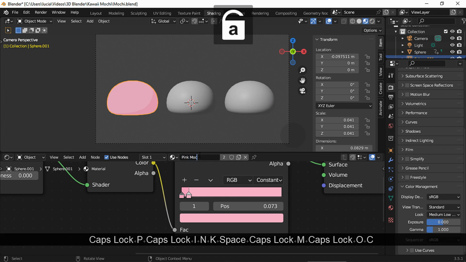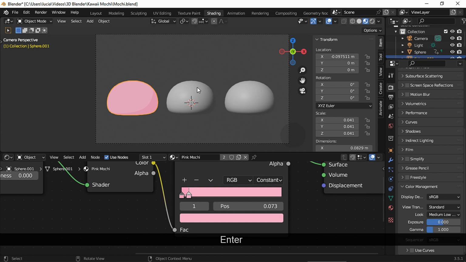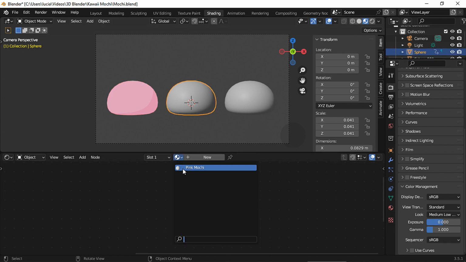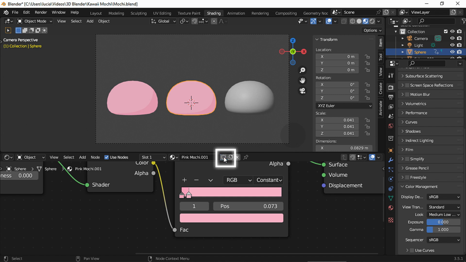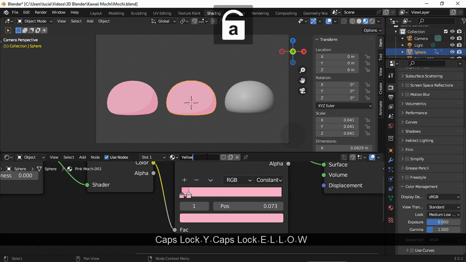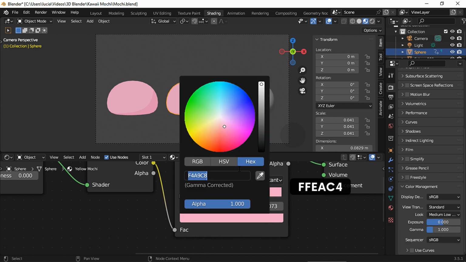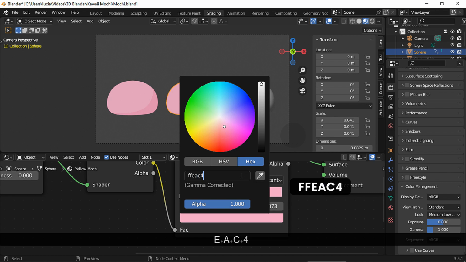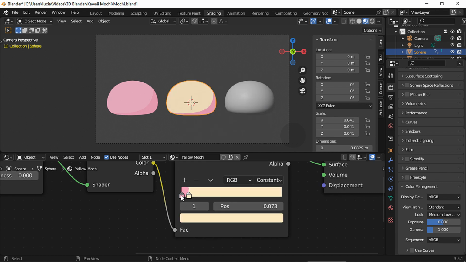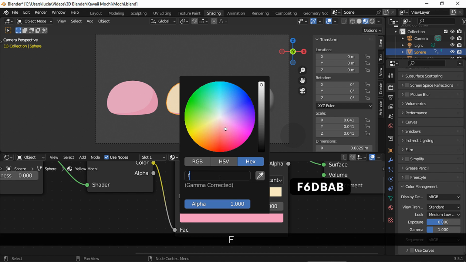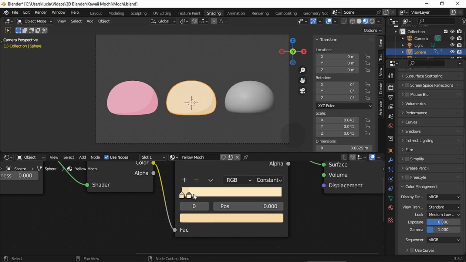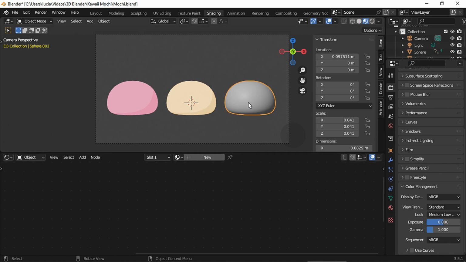Let's rename the material. And now pick the same material for the other object, but make it a single user copy so we can change the color of only this model. Let's change the name to keep everything organized. And for this one I chose a light yellow color. I'm gonna move this a bit. And now let's do the same for the other one.